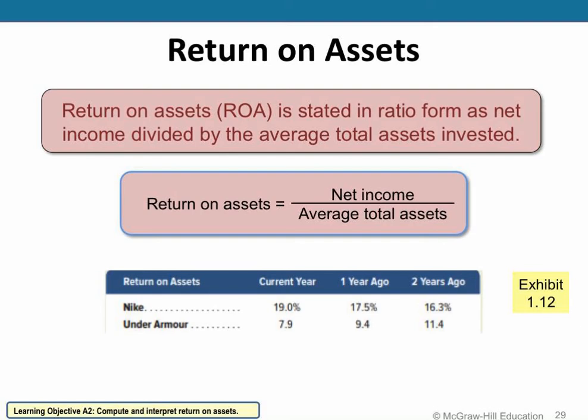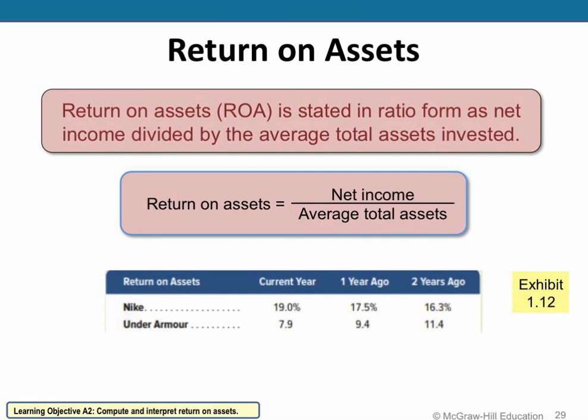And I do want to emphasize that you can't necessarily tell in a vacuum with only one number. But if you compare some of these measures against maybe similar companies, or if you compare them against themselves in prior periods, then you can get a sense of, well, are they better than the similarly situated company, or are they better than they were in the past or worse than they were in the past? The return on assets is going to give us some measure, some gauge in terms of how managers are